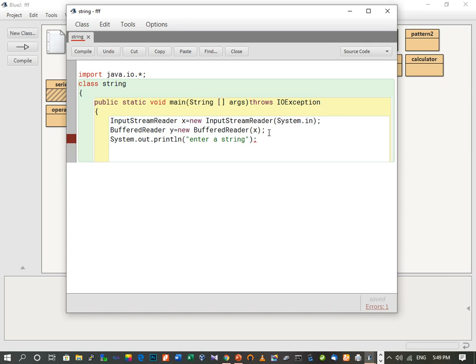So let that be the variable str equal to y.readLine. This is the function which will read the string which is entered by the user.